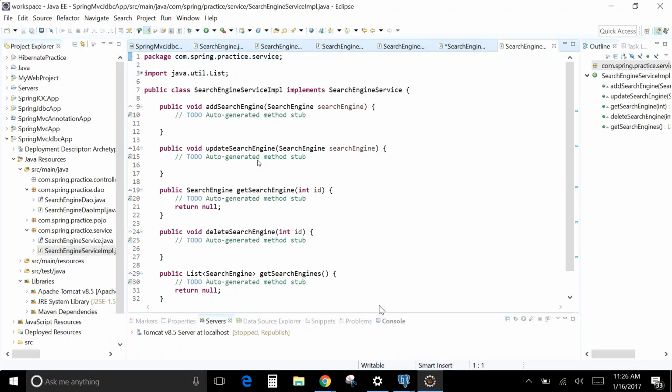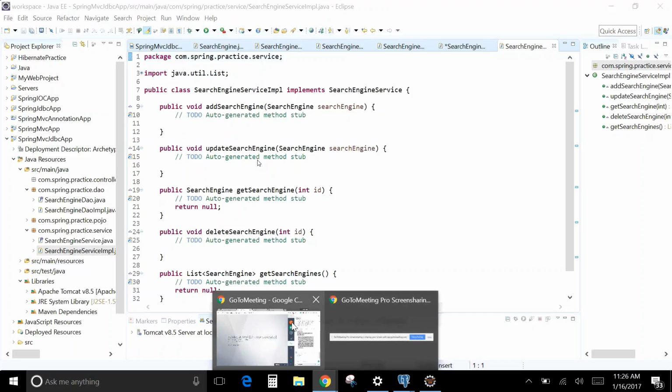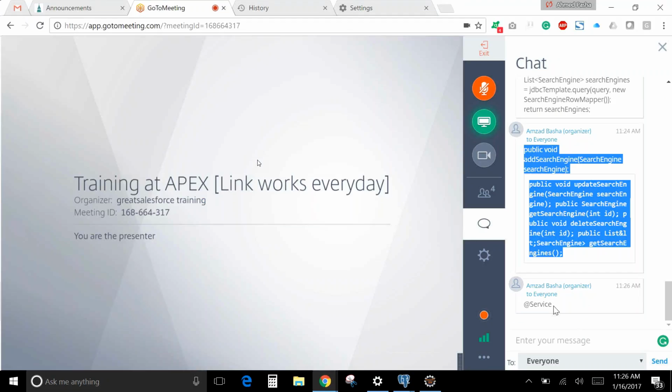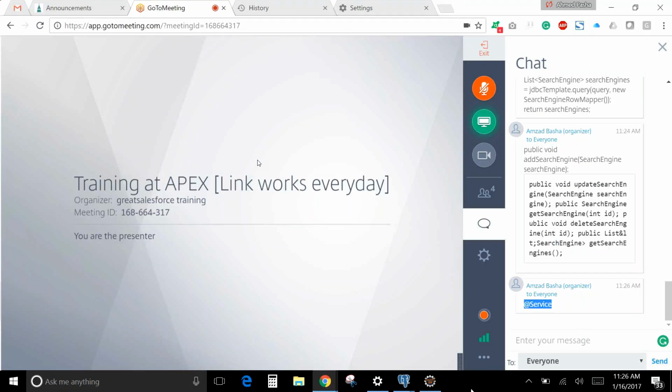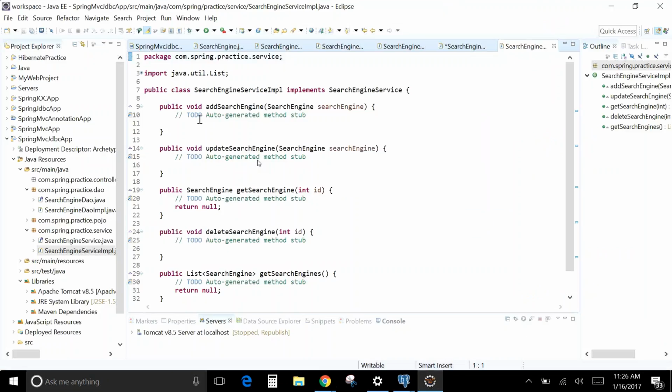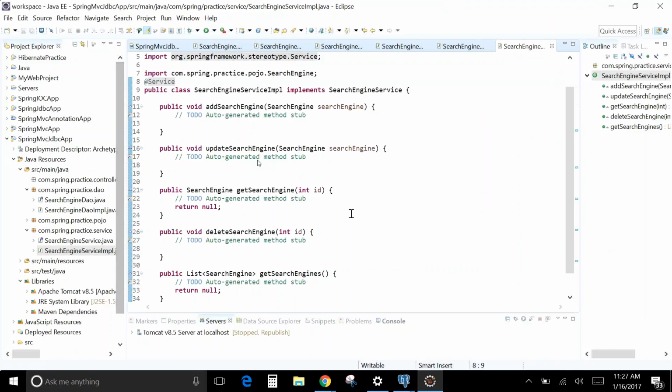So copy this @service tag at the top of this class at line 6. Okay, press Ctrl Shift F,